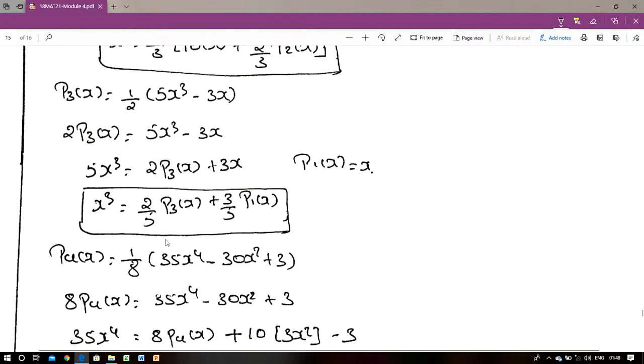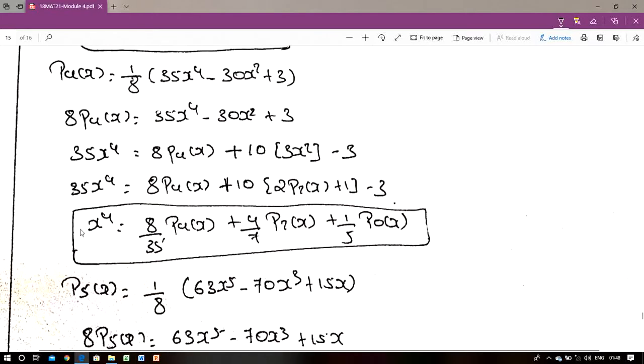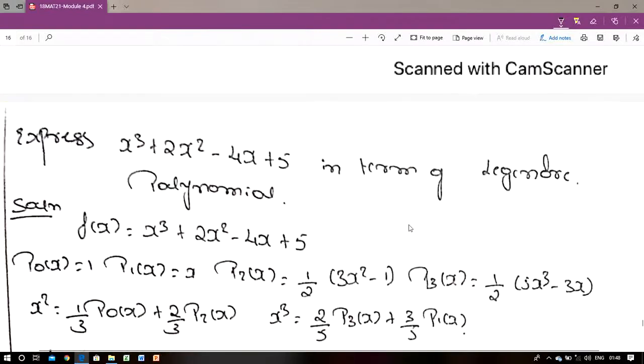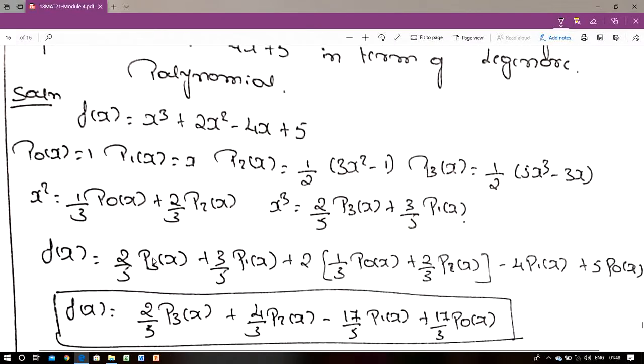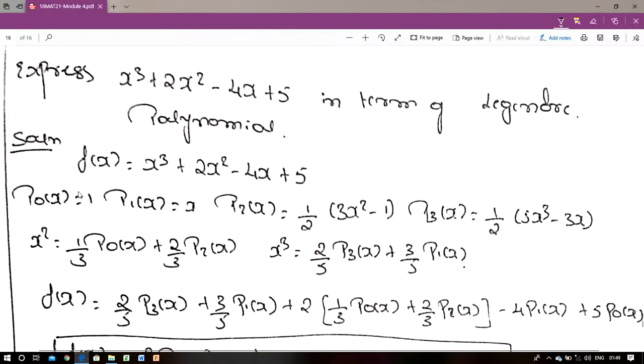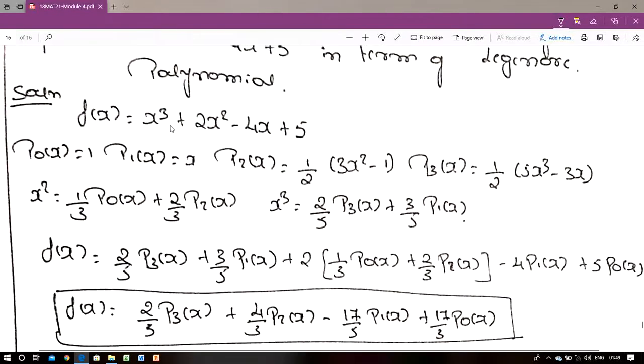x cube means 2 by 5 into P3 of x plus 3 by 5 into P1 of x. x to the power of 4 means 8 by 35 into P4 of x plus 4 by 7 into P2 of x plus 1 by 5 into P0 of x. Now substitute all the values in this equation. That is, f of x is equal to x cube, which means here 2 by 5 into